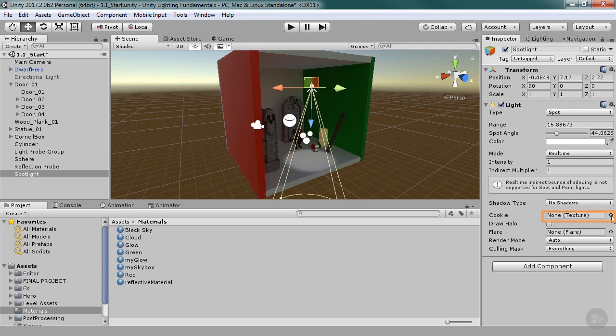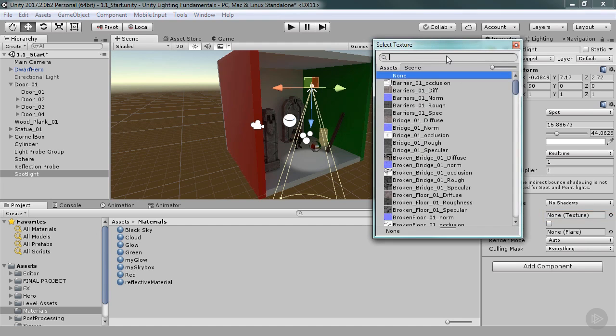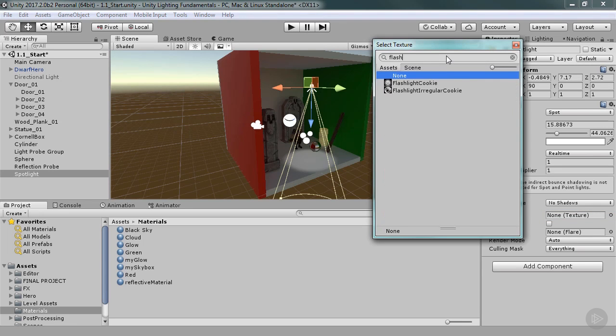I'm going to click on the button here, and I'm going to search for flashlight. And we can see that we have two flashlight cookies. These are part of the Unity standard assets, and I just imported them into the scene. So I'm going to select flashlight cookie, this first one. And now